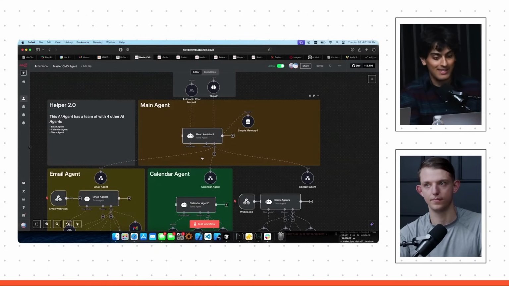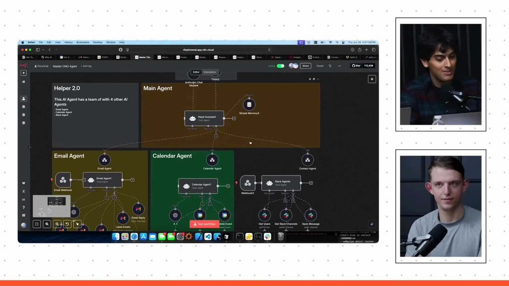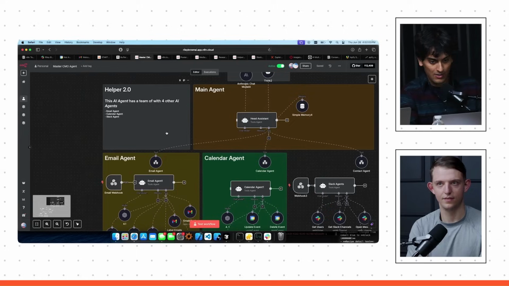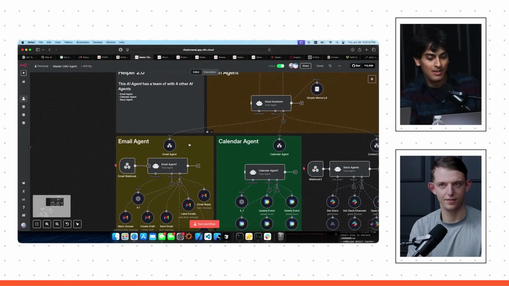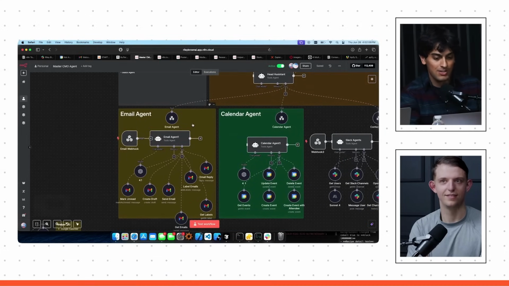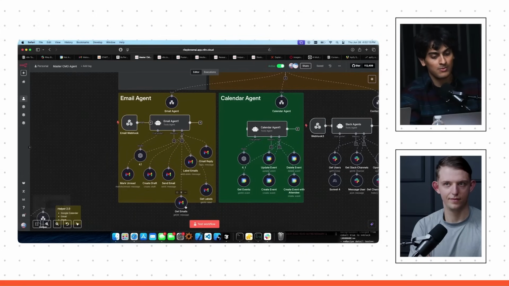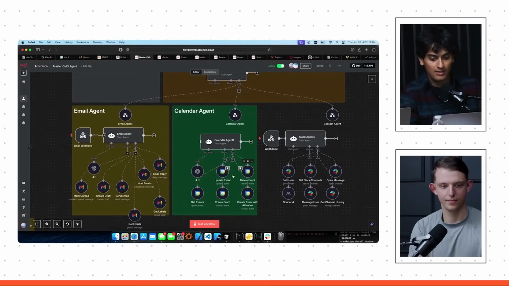Yeah, this thing is huge because this is just another layer on the onion, because right under this, it calls in 3 other agents. So let's break it down. The helper has access to the email agent, which basically controls your entire Gmail. So it can mark unread, create a draft, send, label, reply, get labels, and get all the emails. It can also update, delete, get, create, and invite people to your calendars.